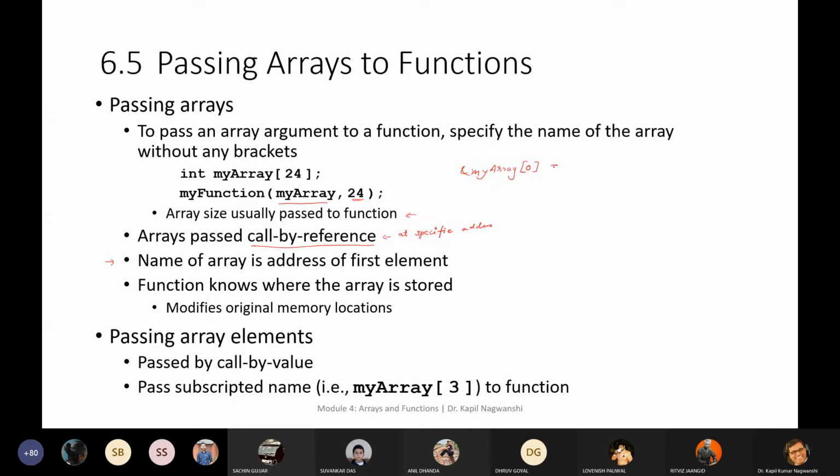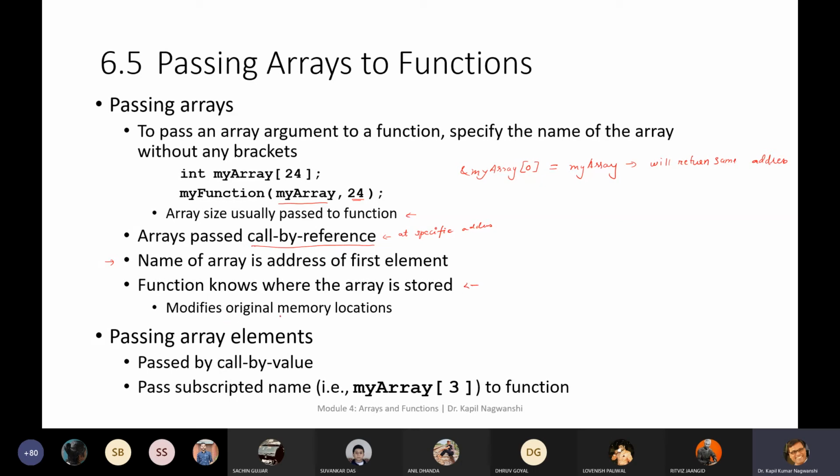This and this will return the same address. This is one statement and this is another statement. The function knows where the array is stored.